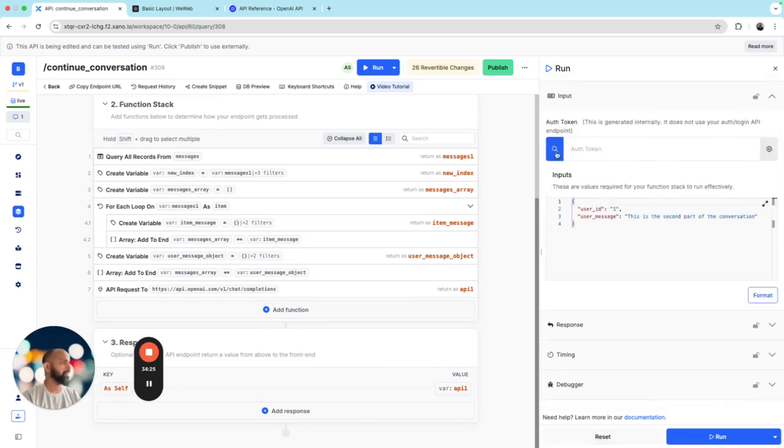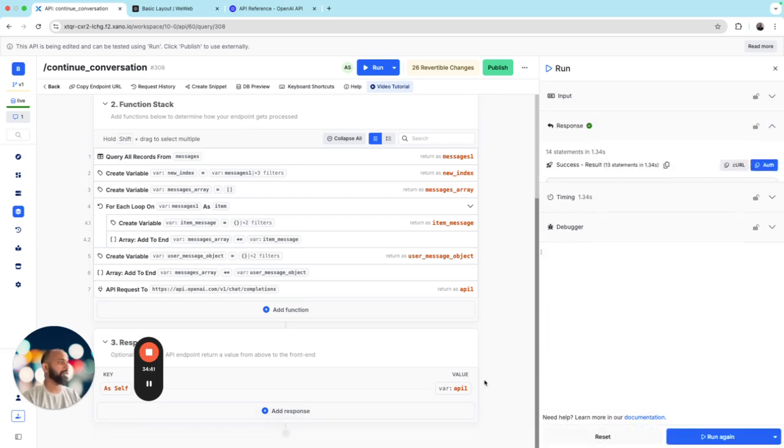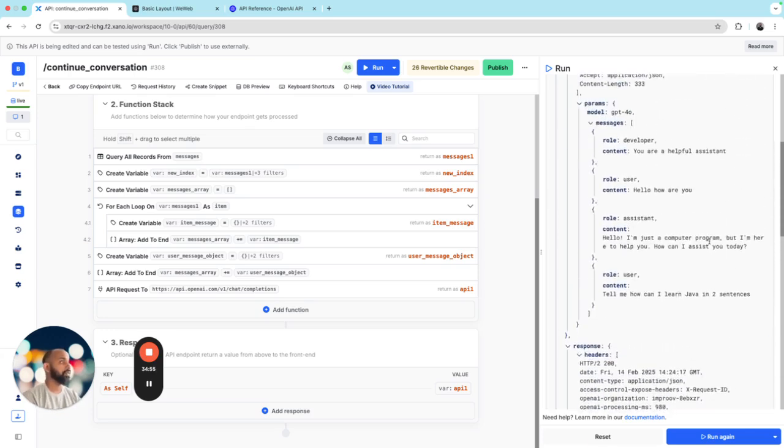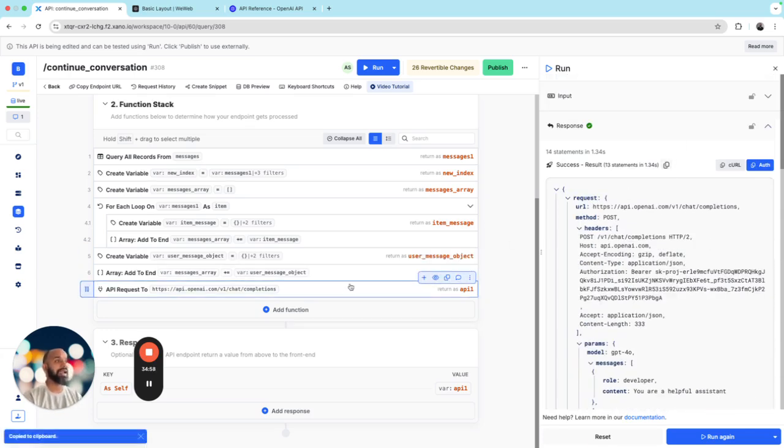Let's give it a better response. Tell me how can I learn Java? 2 sentences. Okay, I'm going to run this and we'll get a response from OpenAI. Here is the response that we got from OpenAI. Start by understanding the basic concept of Java programming, such as syntax, object-oriented principles, and standard libraries, the thorough knowledge, blah, blah, blah. Let's copy this whole thing